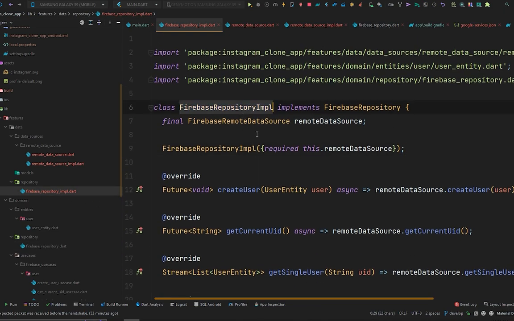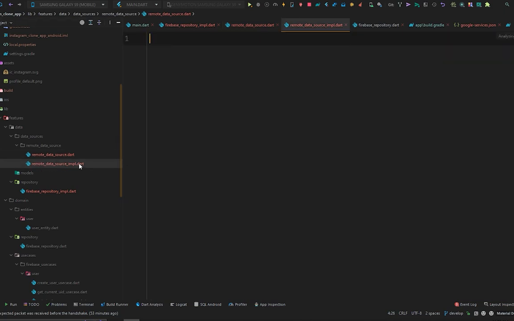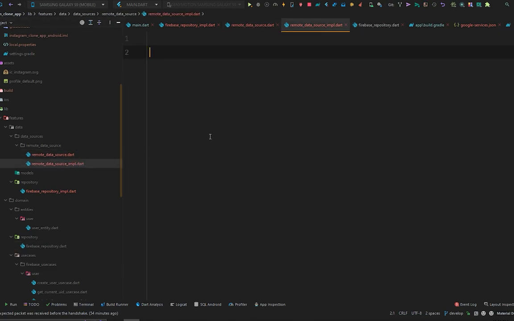And this Firebase repository implementation is taking the data from the Firebase remote data source, which is the same kind of abstract class as Firebase repository, and this Firebase remote data source will be implemented inside this remote data source impl. If you still have confusions about these classes, how they are connected and how they work with each other,